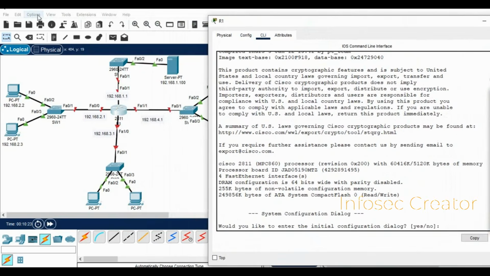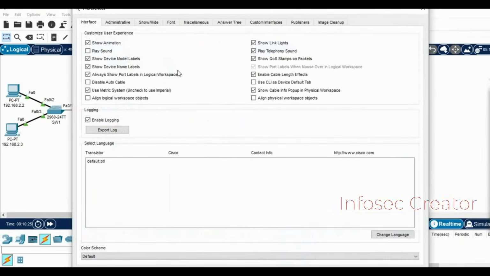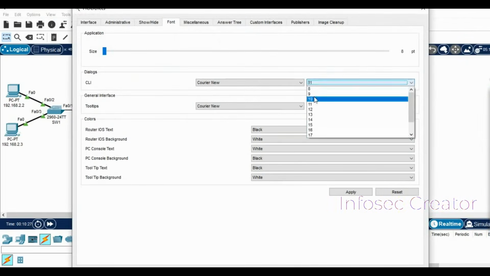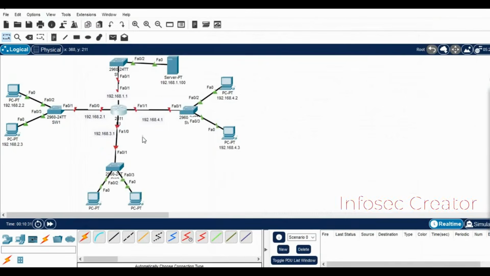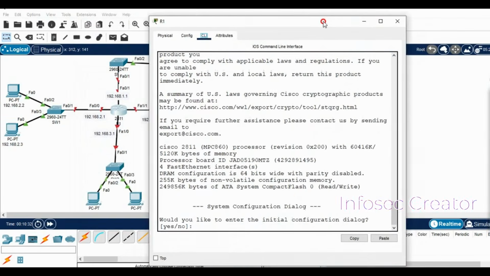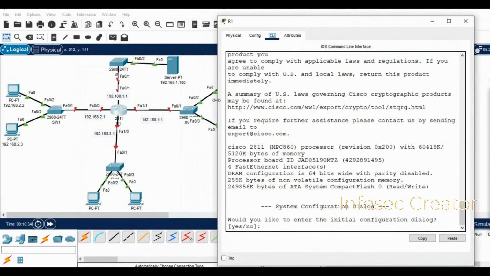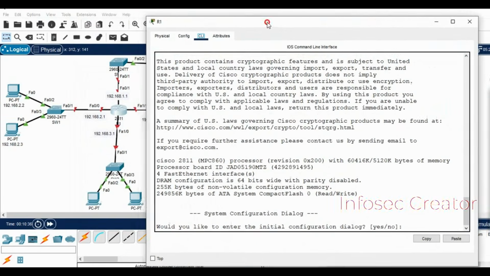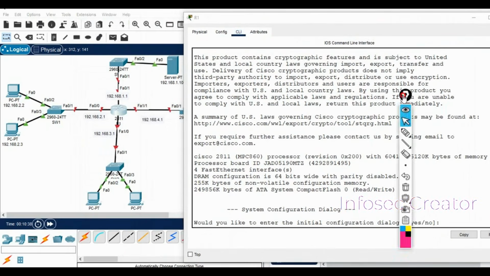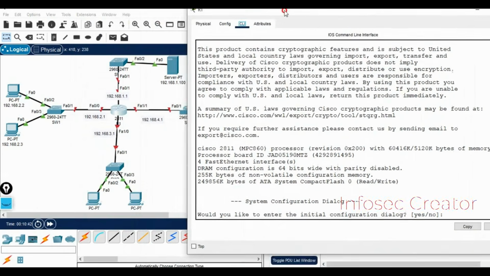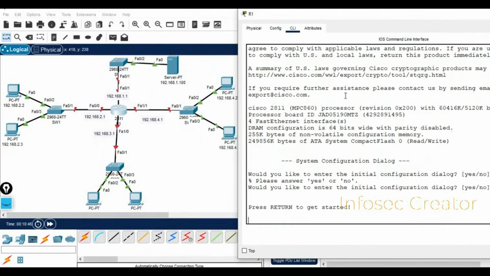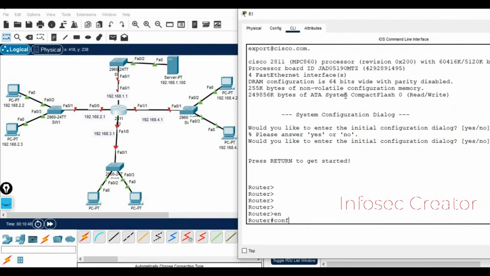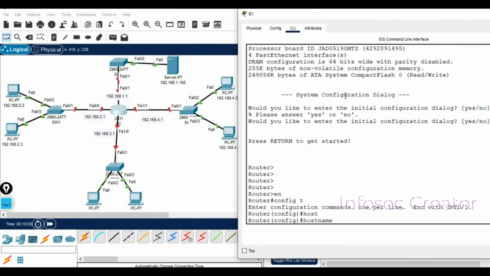If you want, I will go to the option preference, go to the font and increase it to 12. I will apply, and let's see, it is a little bigger compared to the previous one. So now we will do the configuration. Let me close this because we don't need it anymore. Let's do the configuration. I will write no, and then enable, config t, and we will give the host name